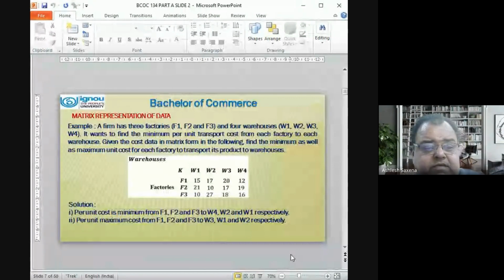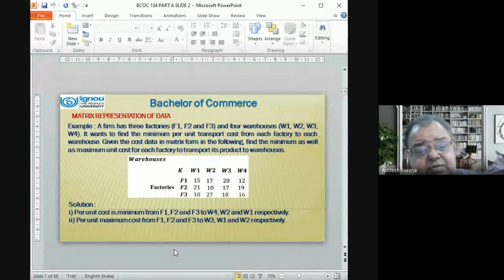Now you see that this data is given to us. These are the warehouses and these are the factories and these are the units which are transported. And we have to find the minimum as well as the maximum unit cost of each factory to transport its product to warehouse. That means if we have to calculate the cost, we should have two data with us, number of units and the amount, that is the cost per unit. So what we will be doing,